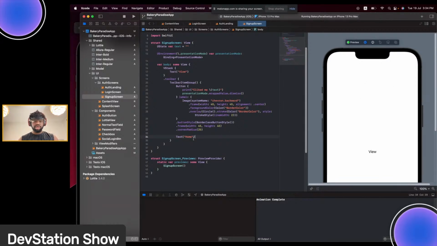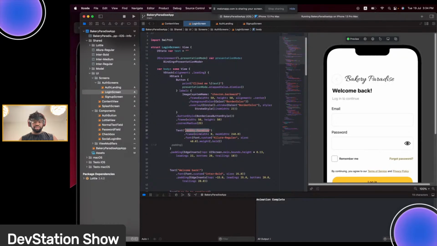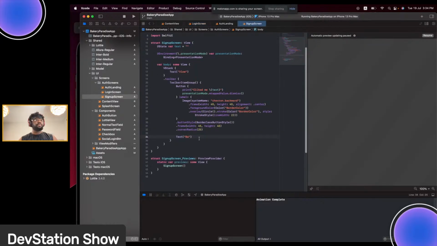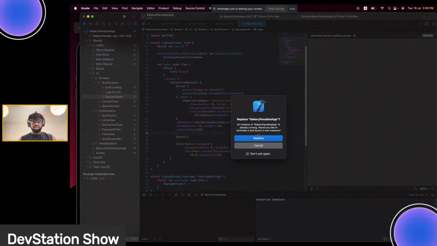So with that being said, the test we want should be the same as the test we have here, which says bakery paradise. I could just copy the whole test and paste that in here. Then that will help us to speed up some stuff. And then we go frame width. That's just fonts, and that's bold. Font size is 40. Could just leave that way. I could just have a spacer to give it a space between both of them. If you go ahead and save this and restart our app,